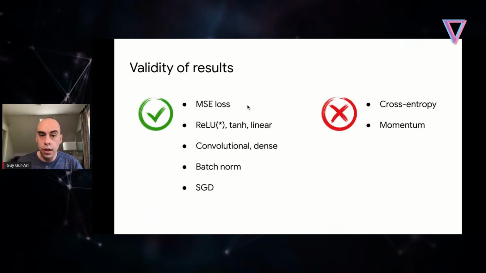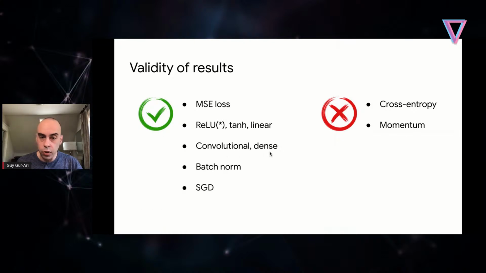All right, so again, let me just summarize. When are these results valid? The main assumption here is that it's MSE loss. This does not apply to cross-entropy, which has different behavior. It does apply not just for linear activations, but for different activations as well, for ReLU and for tanh. The only caveat here is what the actual maximal learning rate is, which is an empirical result.